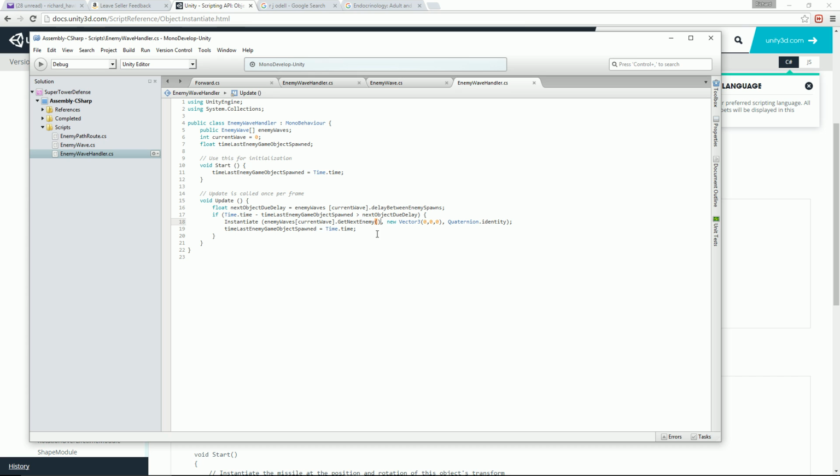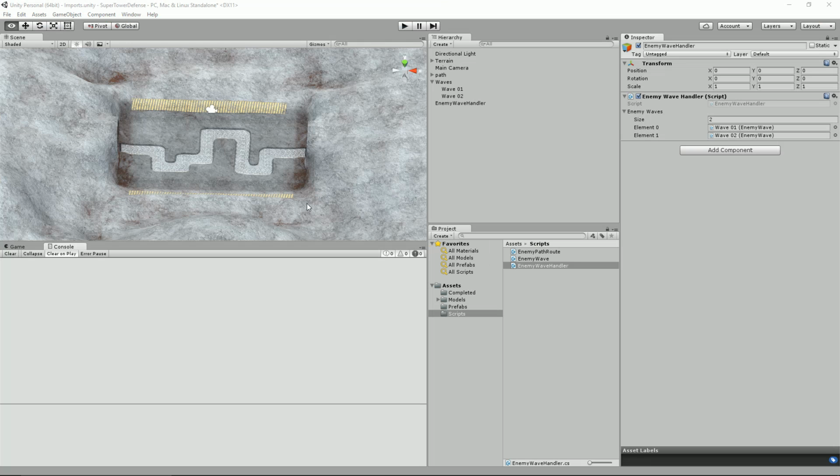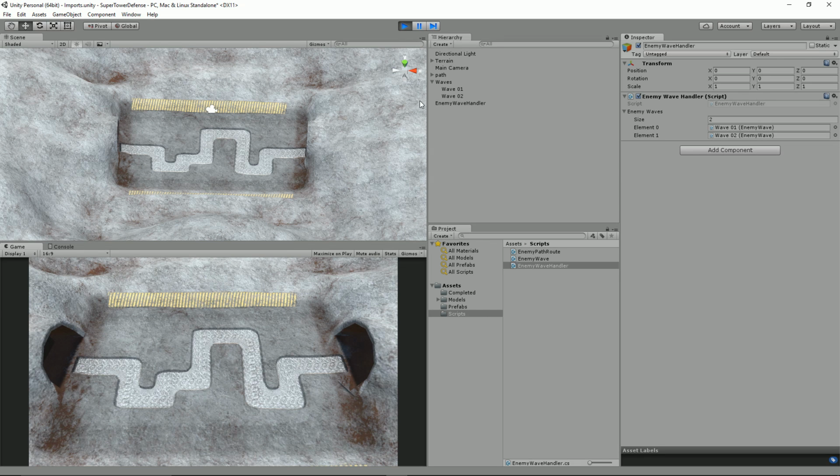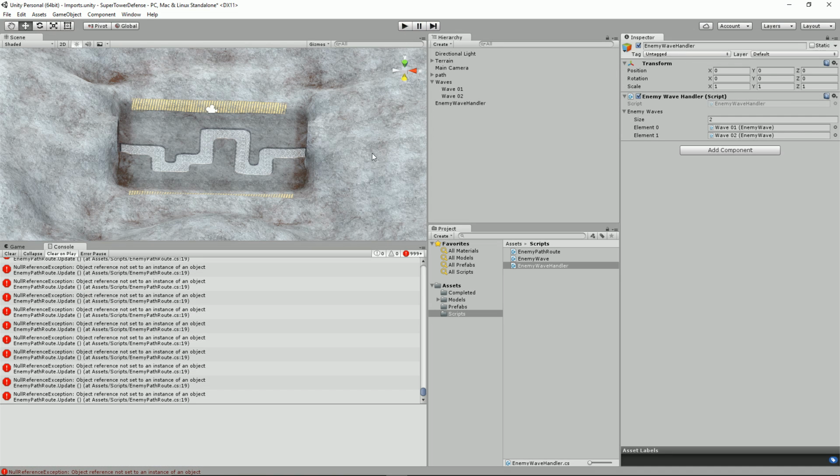Okay, so let's Control S there, and then we'll spin back into Unity and just see if this even comes close to working. Let's see. It has, look, it's created them, and it's going to keep doing this forever. Okay, it's going to create these every 2 seconds. We're off to a good start. One of the things we'll need to do now is add the